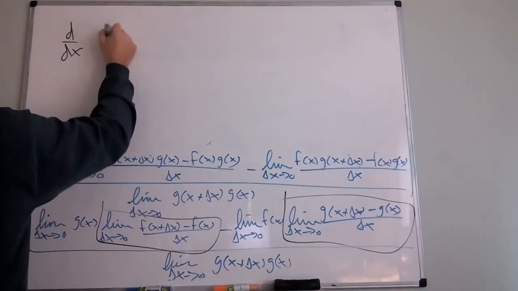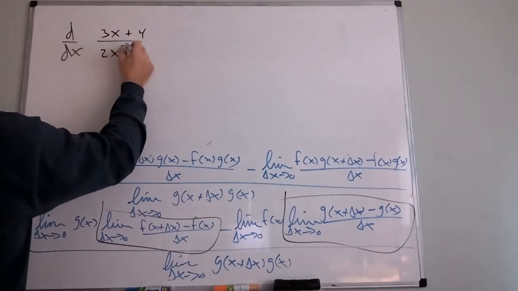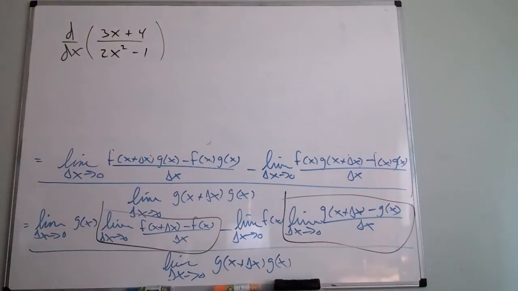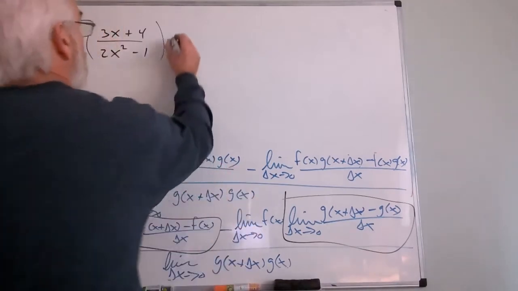Let's say I have 3x plus 4 over 2x squared minus 1. I'll keep it real simple. Now, I cannot do anything with this quotient. I cannot simplify it. I can't factor it. I can't manipulate it. And I'm asked to take the derivative of this quotient. So the quotient rule says